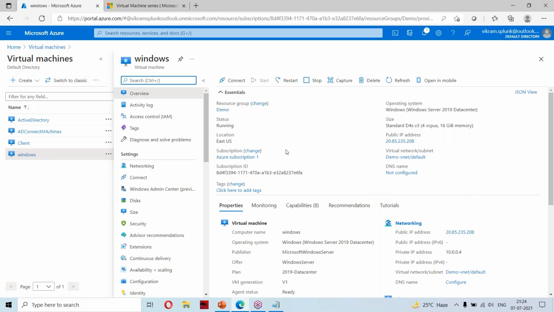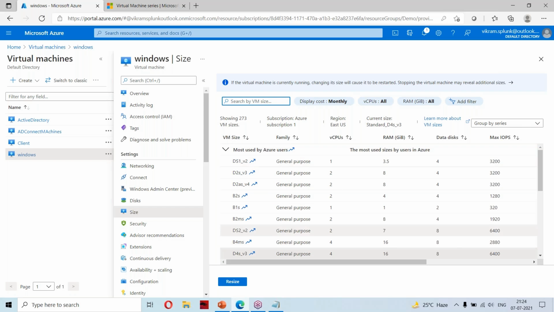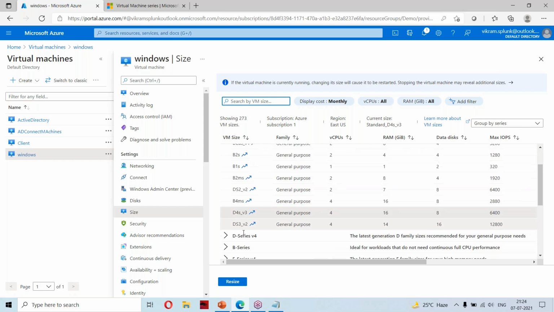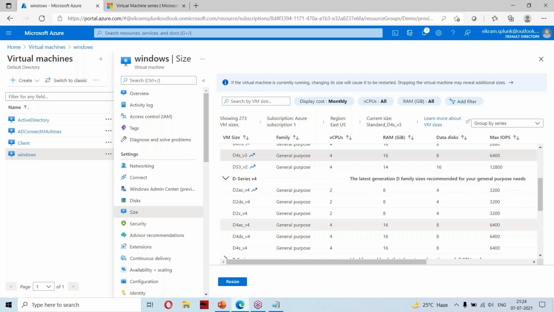Now I'm terminating the instance because I have increased it. This is how you will change. Previously you were having 2 vCPU and 8 GB RAM, but using this size option, I'm able to select the VM. Here I'm having multiple series supported by that VM.